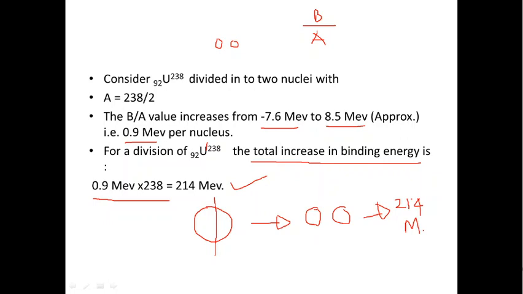It's quite a large value. We have discussed that in chemical reactions the values are in terms of electron volts, while for the nucleus the values are in terms of MeV because of the high strong nuclear forces which bind the nucleons. So if you are somehow able to break the atom into two parts, you have energy released of the order of 214.